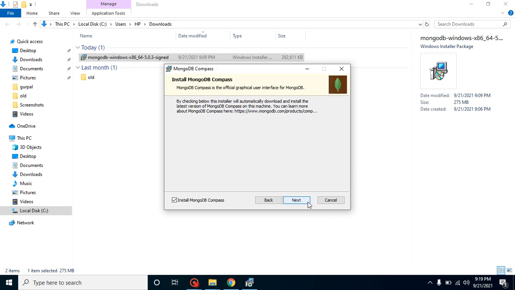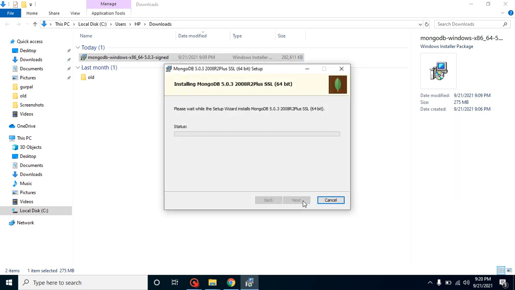After that, let's click on next, and here you can see that we have an option to install MongoDB Compass. So don't forget to check it, so that we can also download the MongoDB Compass tool for GUI purposes. Just click on next and install. It may take some time, maybe around 5 minutes, depending completely on your system configuration and hard disk type, right?